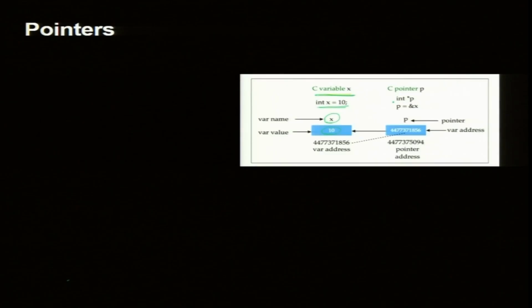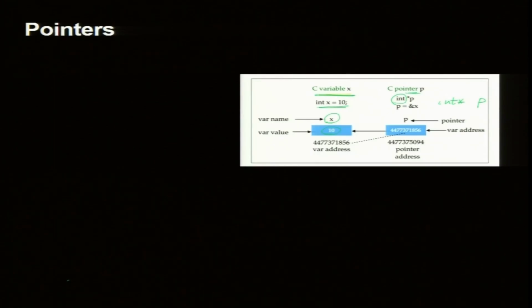You need to create a pointer first. They are special variables which are not called integers; in fact they are called pointers. These pointers hold only addresses. They are different variables in many senses, and they are declared as int star. If I write int star p, then p is a pointer, it is not an integer.